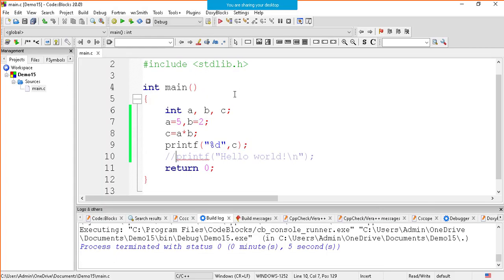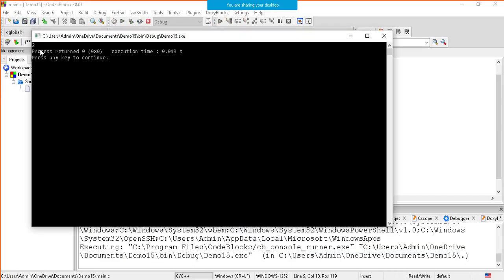Now let me go ahead and modify this equation. Rather than a into b, what I want to do is a divided by b. I already said the answer. When I do %d comma c, probably mathematically I expect an answer to be 2.5, but because a and b both are integer, the rule of the game in C programming is that when both the variables or both the constants are integer, arithmetic operation is performed in integer and the answer will be integer only. So that means my answer is going to be 2 only, rather than 2.5. So let me check it practically. You can see the answer is 2. I hope you are able to see, right?